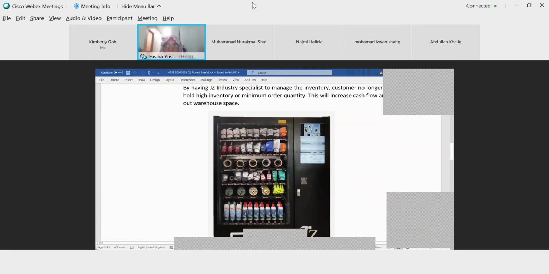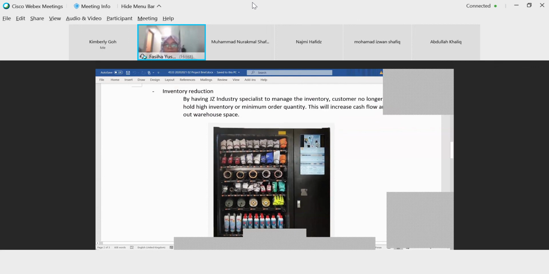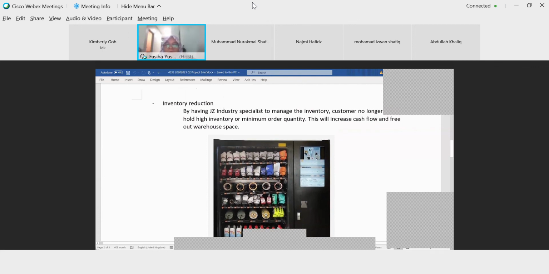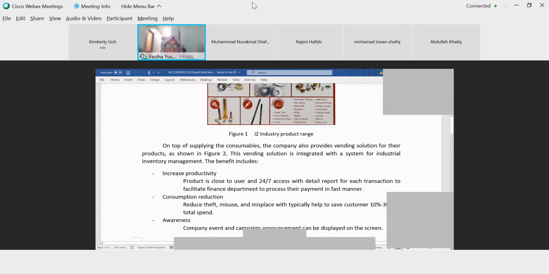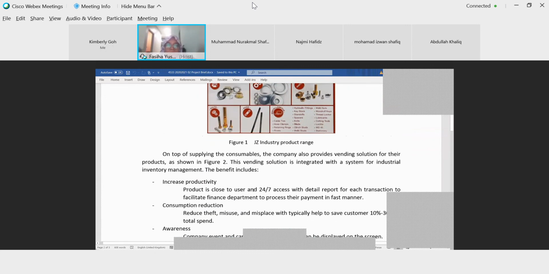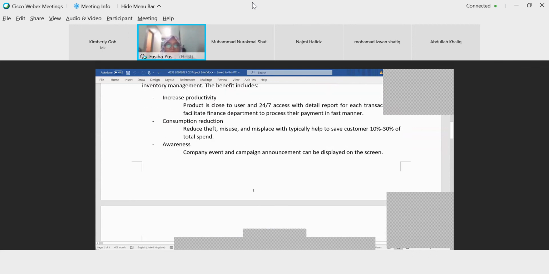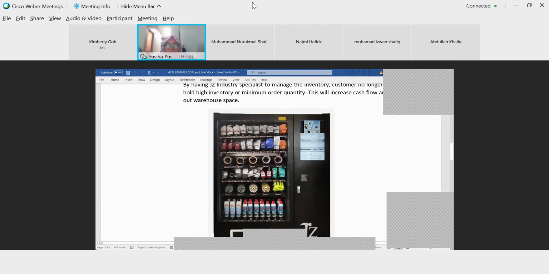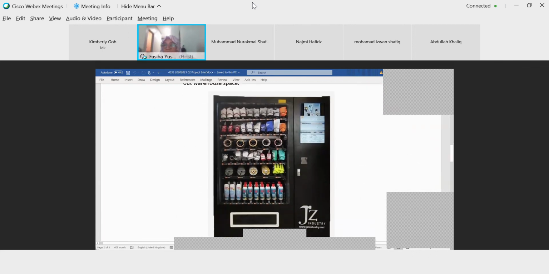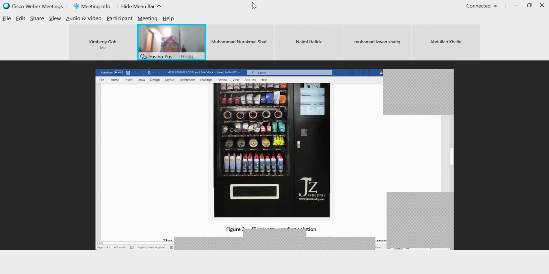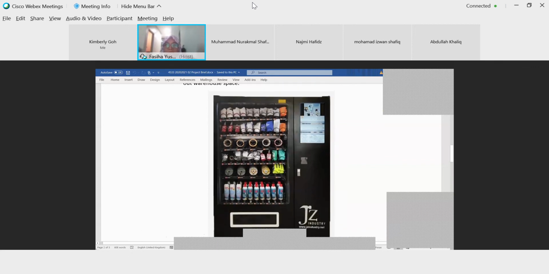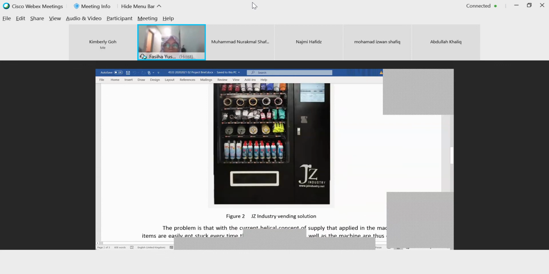They provide this to the manufacturing companies. Okay, so the details you can read here. This is one of their machines. They call this vending solution. So these are the items inside.